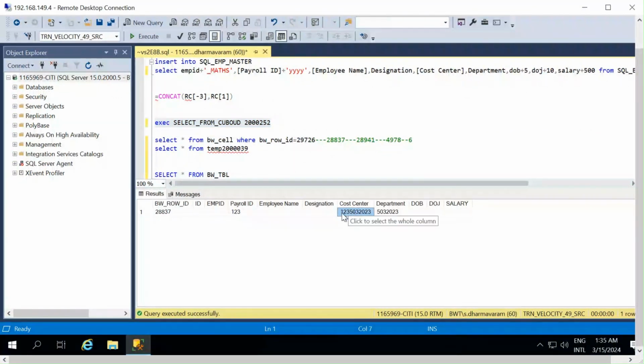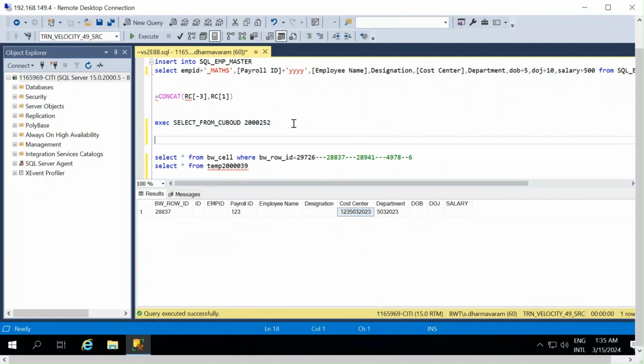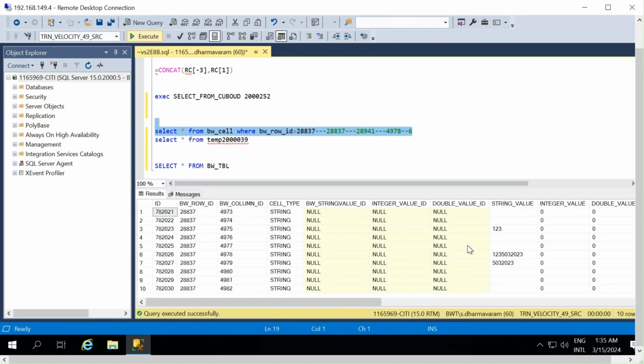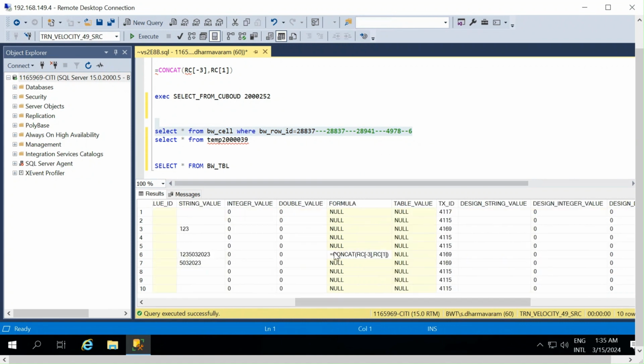This is the formula, this is the row that is there in that default formula keyword, which is an exact match of the target structure. And if I go check this row ID, there's just one default formula there, which is being applied to the data in the target keyword. And these are some default values which will be automatically updated. These are some default values, and this is the